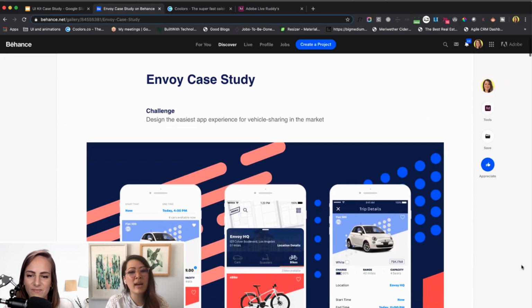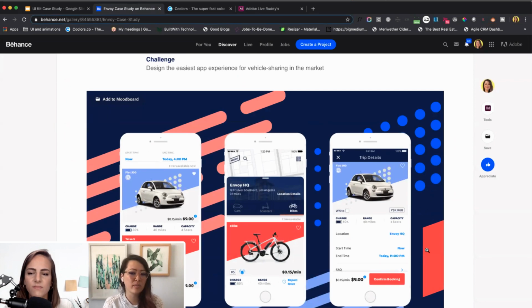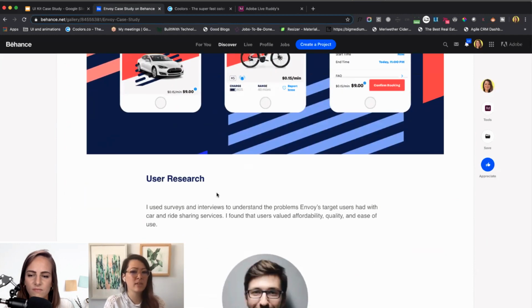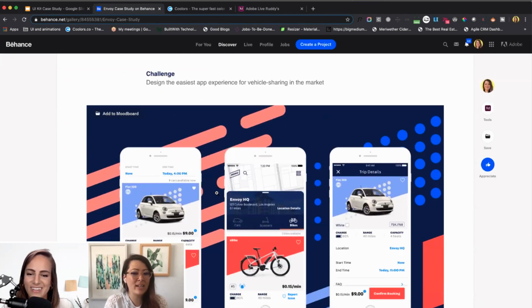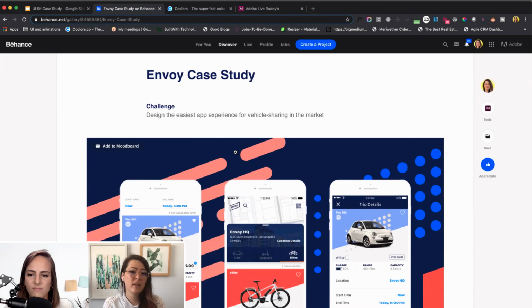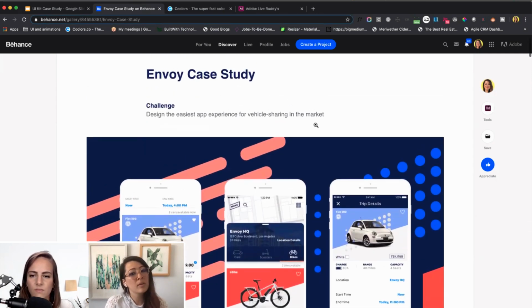The reason why I'm not loving this very beginning is because there's not enough context for the person reading this of, what even is this? You're just seeing a challenge and then you're going into the research. Well, what is this design anyway? What is this company? So something I would have up here is to explain what Envoy is. Envoy is a vehicle sharing platform that is community based. So not just anybody can rent out these electric vehicles. You have to be inside an apartment complex that has this service. Oh, okay, that's very cool. Specific. So again, the user would not have known that, right?